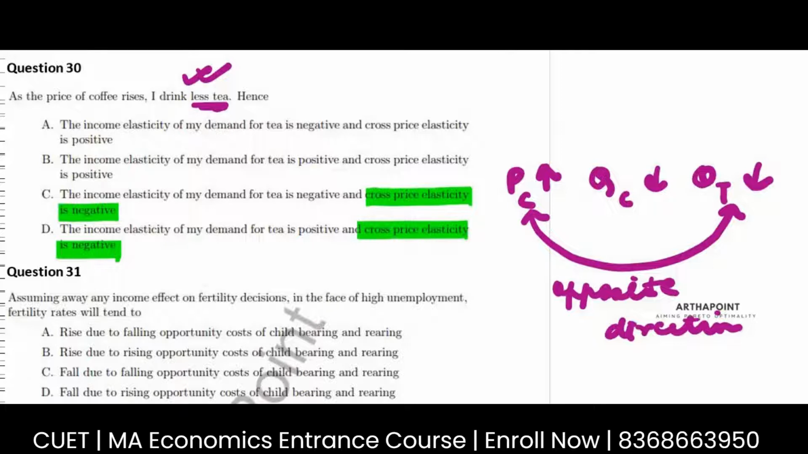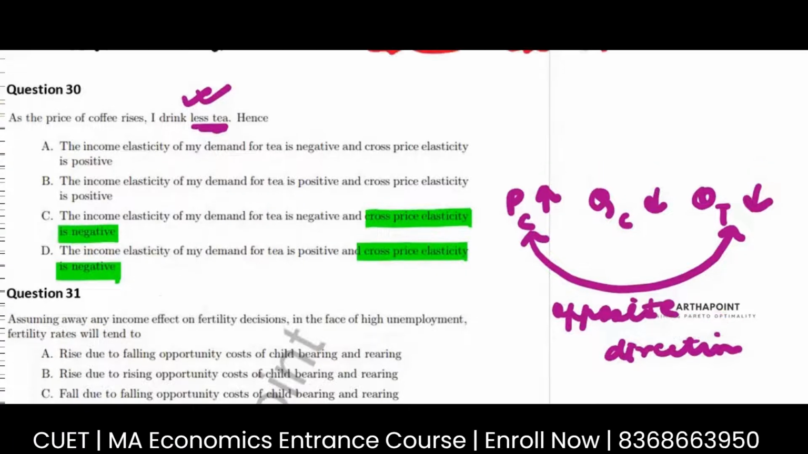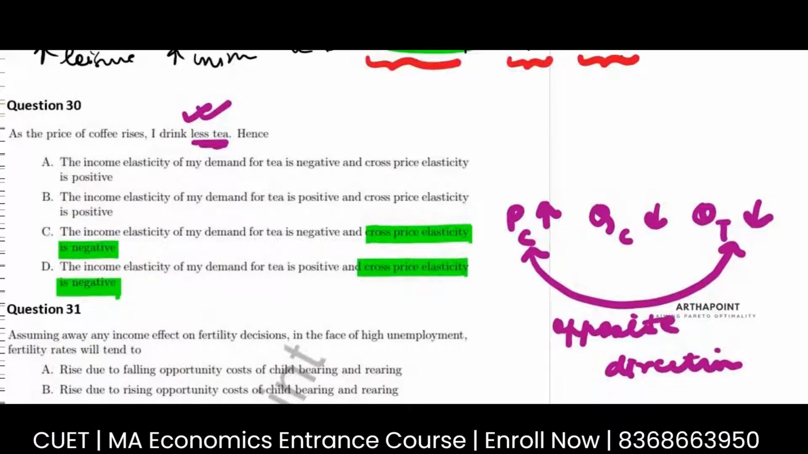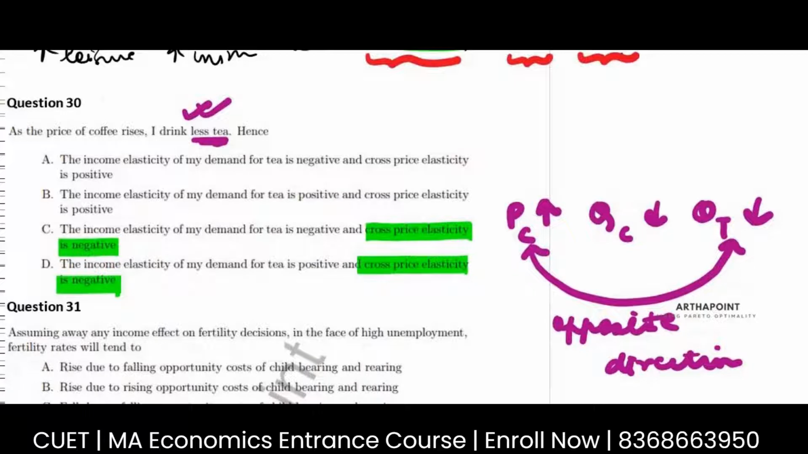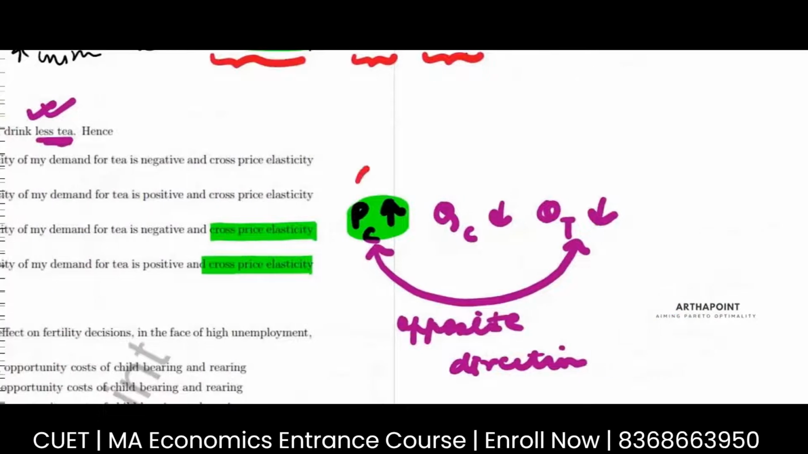Now let's go to the income elasticity. The income elasticity basically tells me how my quantity changes when income changes. Now, if you notice, the income is not given in this question. So what can I do? I can think of it in the following direction: when my price is increasing, then my real income